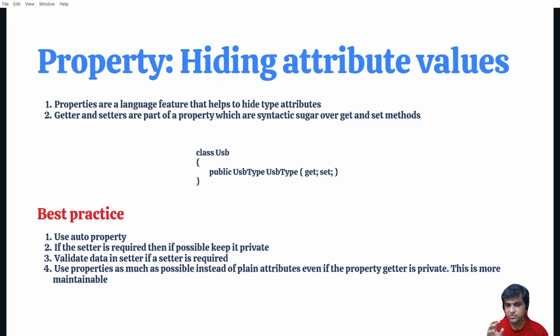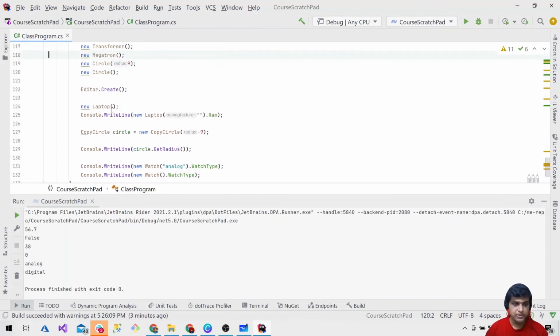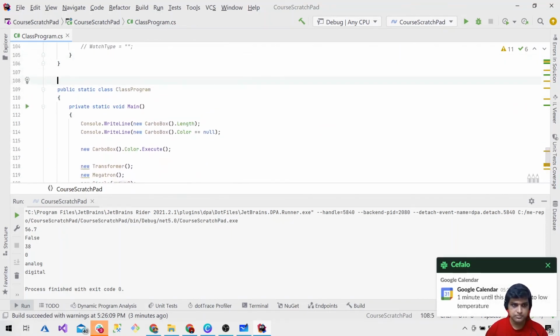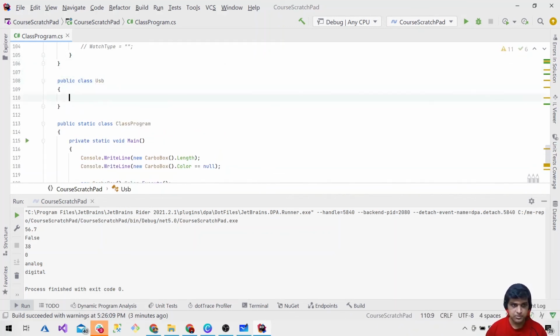Essentially it translates into what we call getter and setter. And the public access specifier is as usual, it denotes whether this property should be accessible outside the type or not. So let's define it here and play around with it a bit. USB. So there's a very handy shortcut